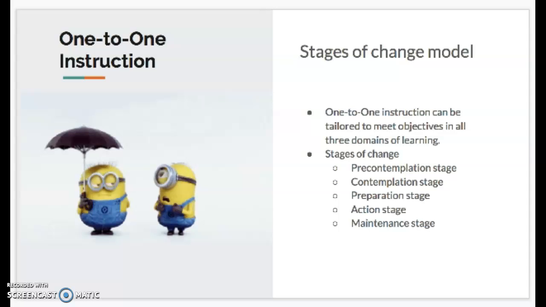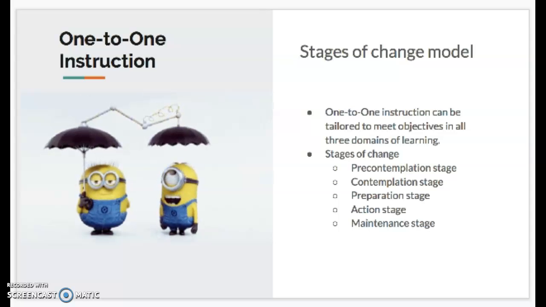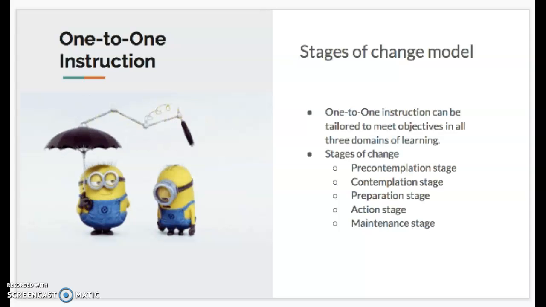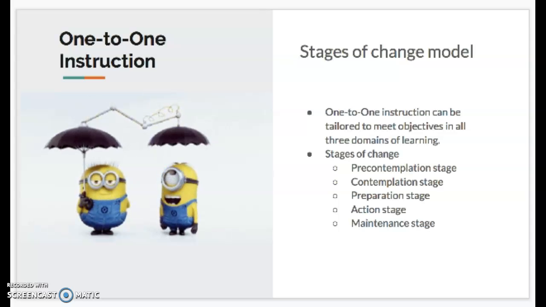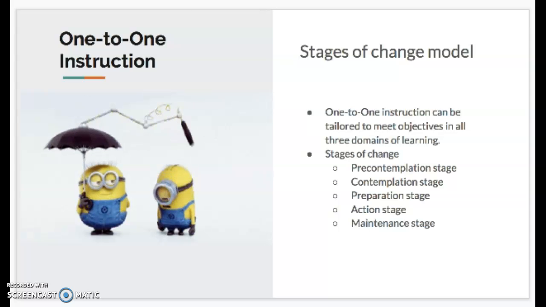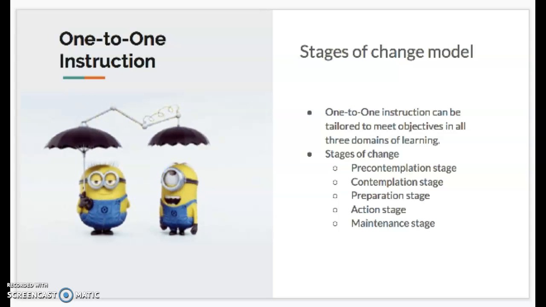Pre-contemplation stage, let me elaborate more on the five-stage model. Provide information in a non-threatening manner so that the learner becomes aware of the negative aspects or consequences of his or her own behavior. Contemplation stage: support decision-making for change by identifying benefits, considering barriers to change, and making suggestions for dealing with these obstacles. Preparation stage: support a move to action by contracting with the learner and establishing small, realistic, and measurable goals, providing information on effective ways to achieve the desired change, and giving positive reinforcement.